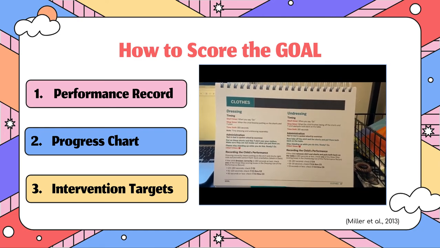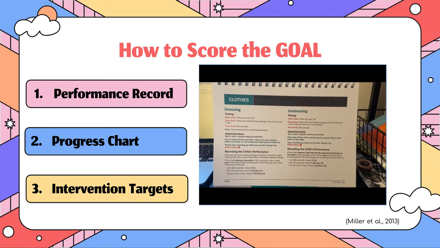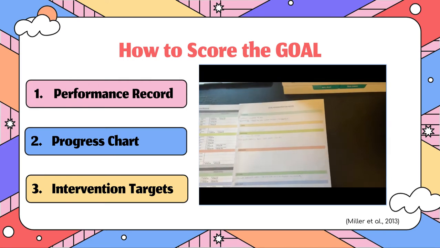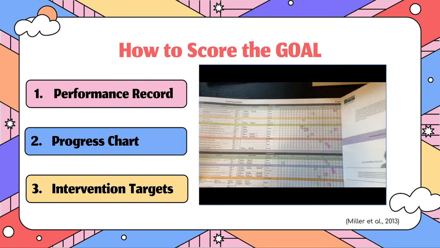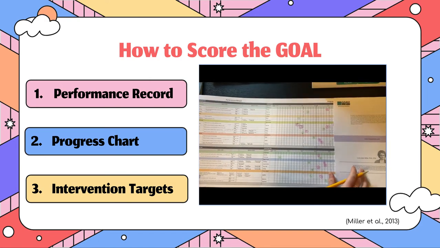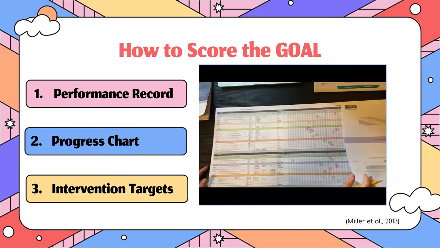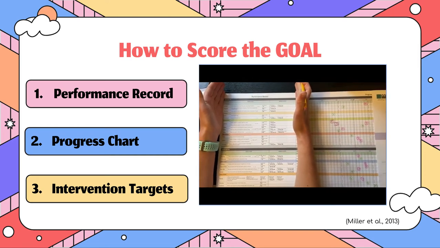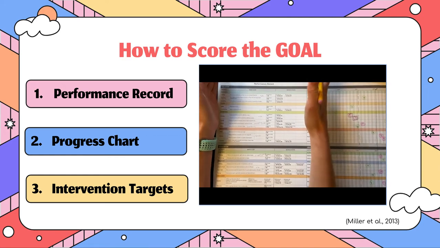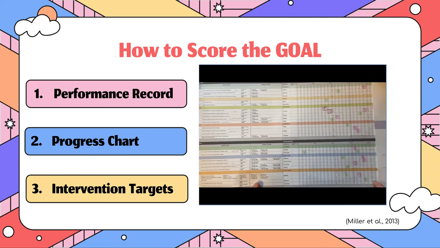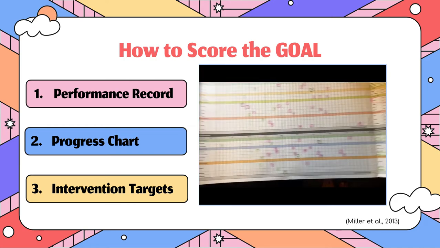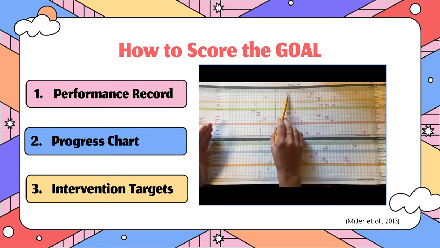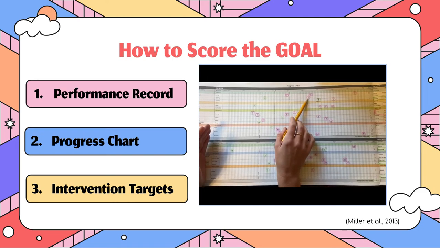transfer the step outcomes to the progress chart. Circle passed steps in green and failed steps in red. To note, when you circle a step in green, any steps to the left in the same row must also be green. So here's your performance record where you were scoring during the assessment. Here's now the progress chart where you are circling items in green or red depending on if the child passed